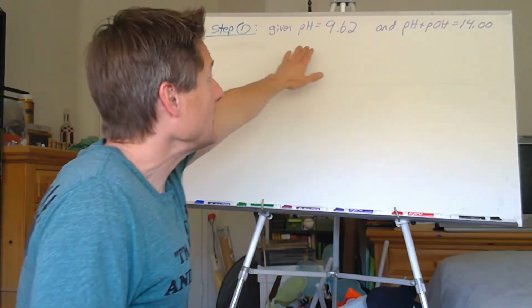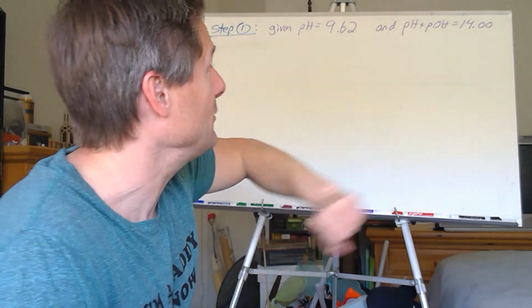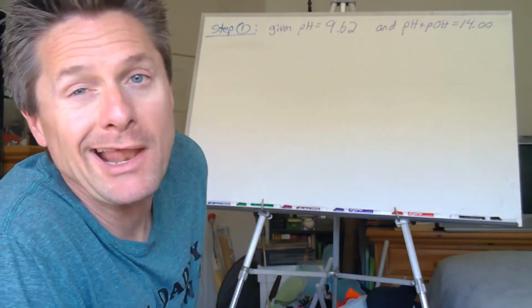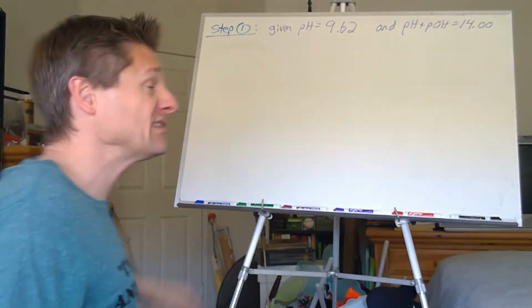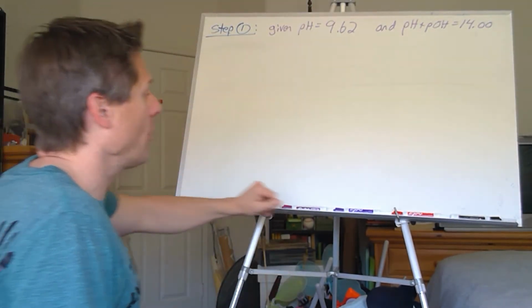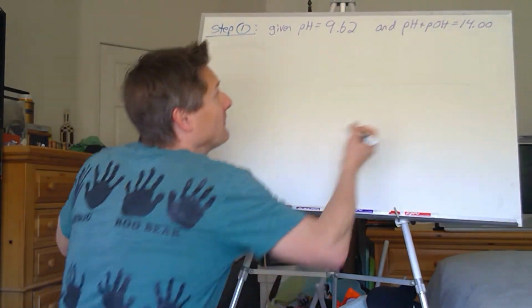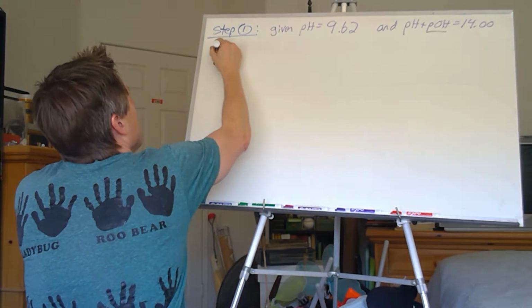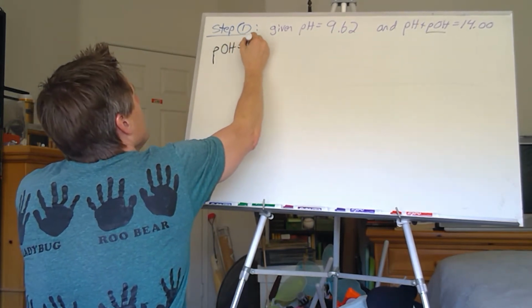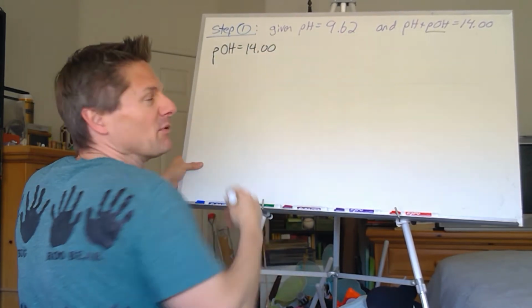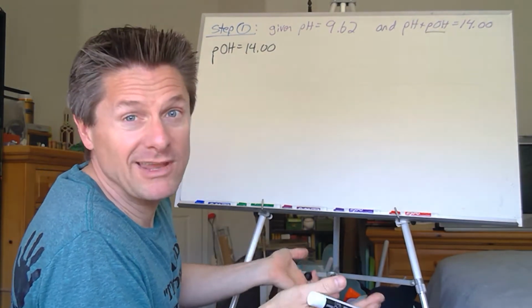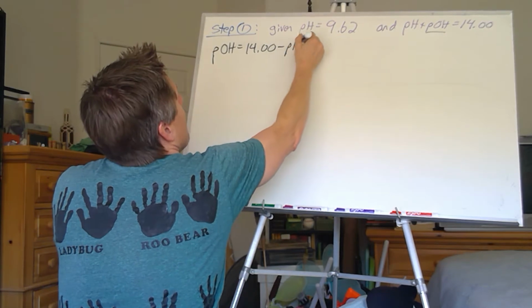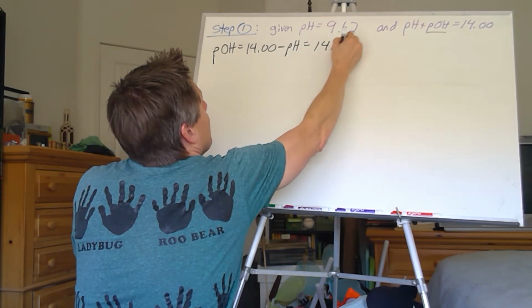Here we go. We're given a pH of 9.62, and we know that pH plus pOH equals 14.00. That I would give you on a test. All right. Let's solve for pOH and then for OH minus. So obviously pOH will be 14.00 minus the pH. So let's write that down. So pOH will be 14. And some people just do 14.0. Some people just say 14, call it exact. Whatever. Minus the pH. So that'll be 14 minus